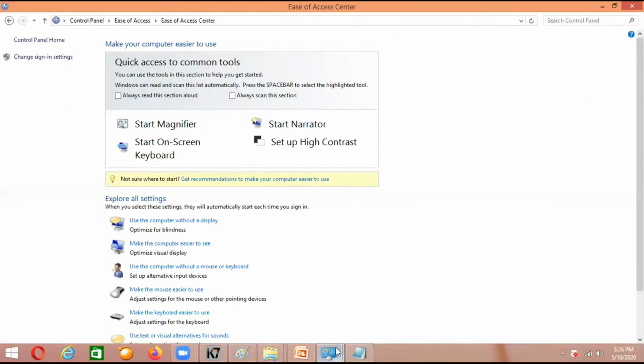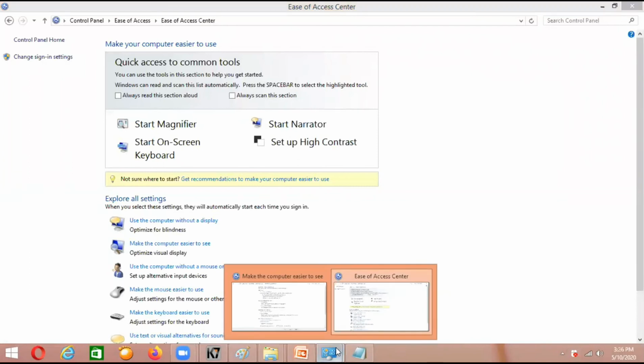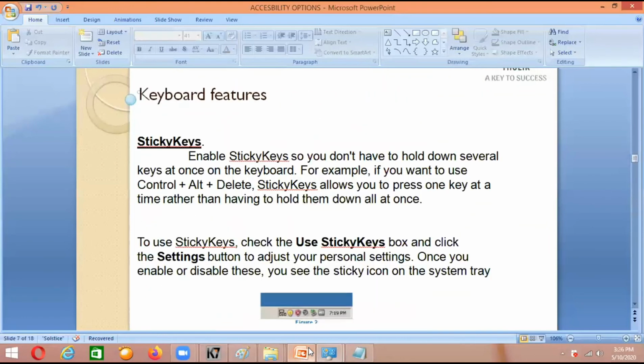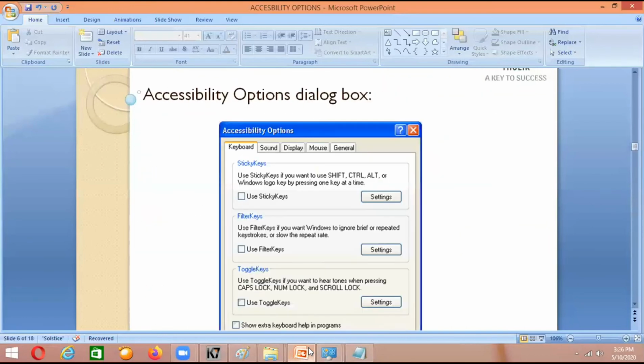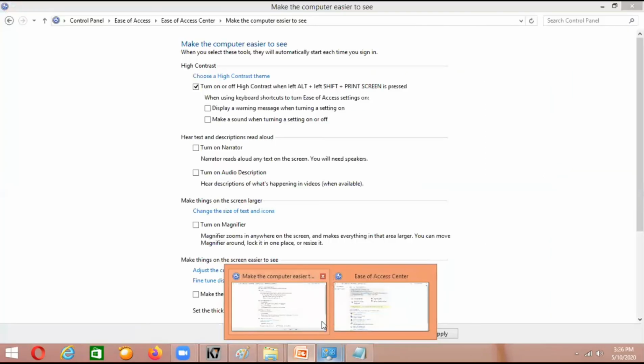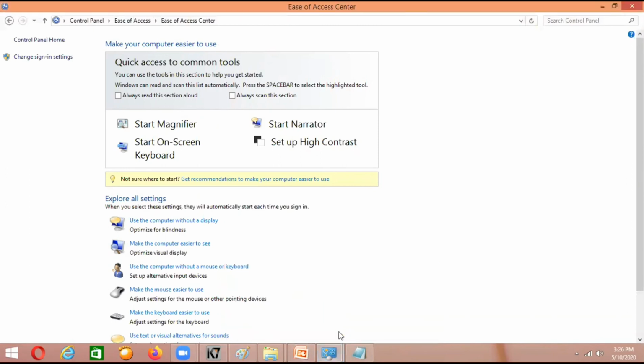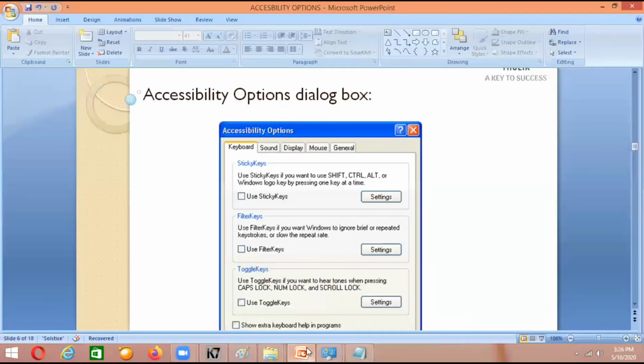Okay, and the next option is the last option after the mouse. Yeah, the option of general, that is very general, that is the administrative part, that is different. Okay, fine. Hope you all understood what we have seen today, and I've shown you practically also how to use it. But the thing is, I used Windows 8, but in your book it is mentioned, and they have shown the visual representation in Windows XP.